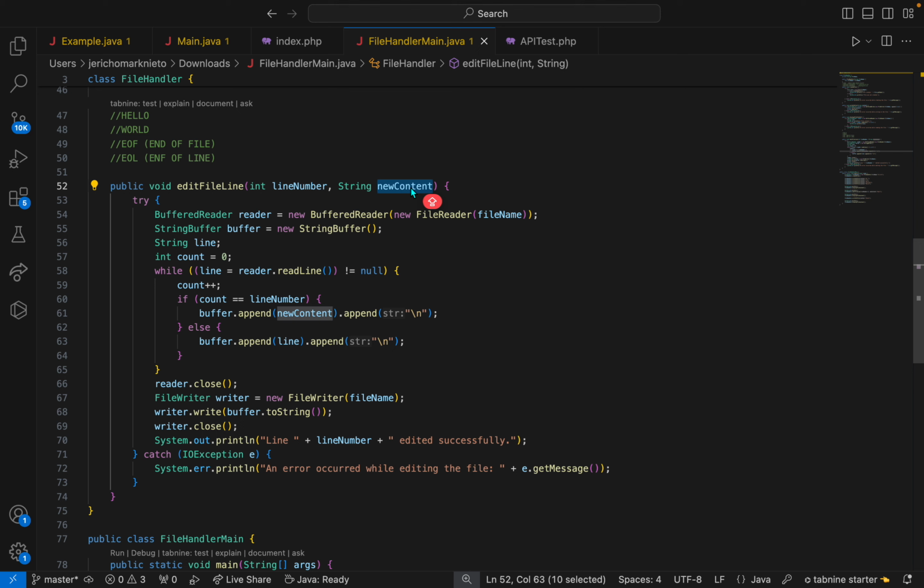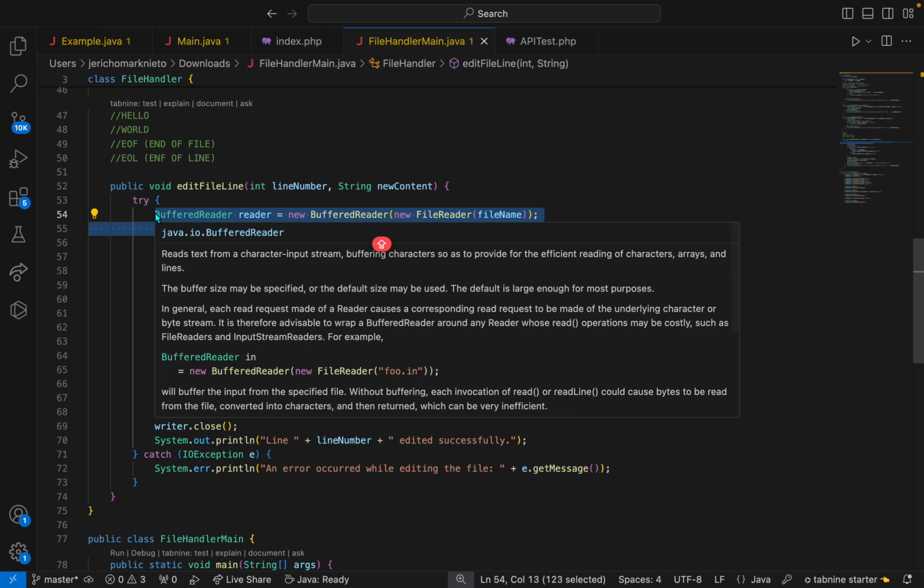Right? We also need to know what data will replace the word or line you want to edit. Okay? So, what will we use here? Since we are trying to get the data from the file,